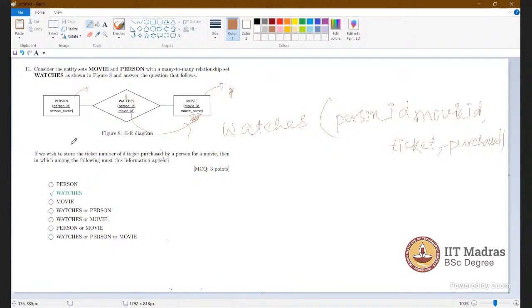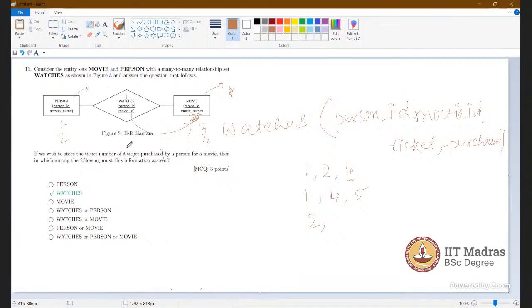Suppose the person IDs are 1, 2, 3, and the movie IDs are 3, 4, and the purchase is like that. So this particular person 1 purchased tickets for movie ID 2, and the number of tickets purchased is 4. Another one is for movie ID 4, with the number of tickets 5, 2. So it is better in watches, right?